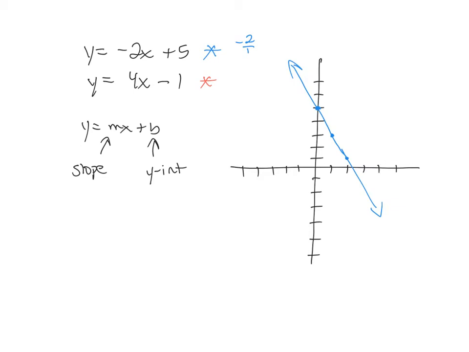Alright, I'm going to do the second one in red. So -1 for the y-intercept. Then the slope is 4 over 1, so I'm going to go up 4, 1, 2, 3, 4 over 1. And so remember, the answer is the point where the two lines cross. So they crossed at